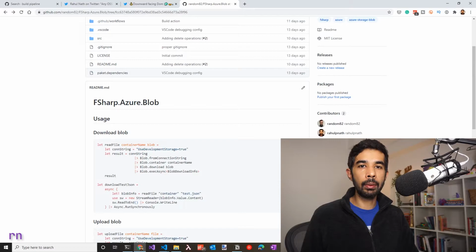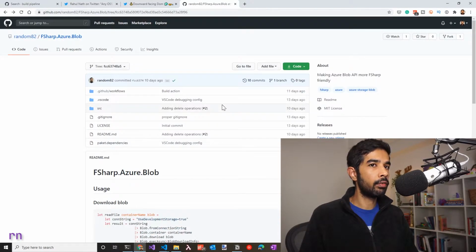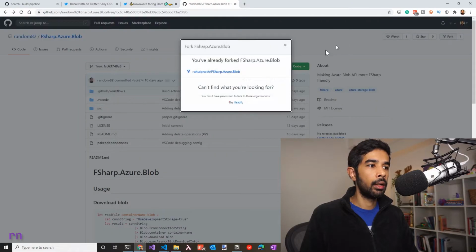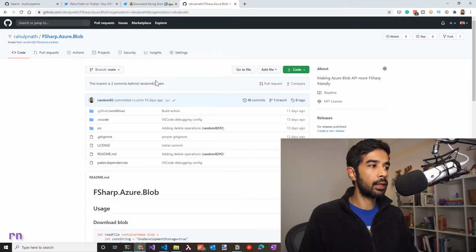You might have to raise a pull request, so let's go via that route. So I have this repository forked into my own account. If you're wondering how to do that, you could go to the source repository and click the fork button here. This will fork this into your own repository. I have already forked it, which is why it shows that particular message. So let's go to my repository and get started from there.